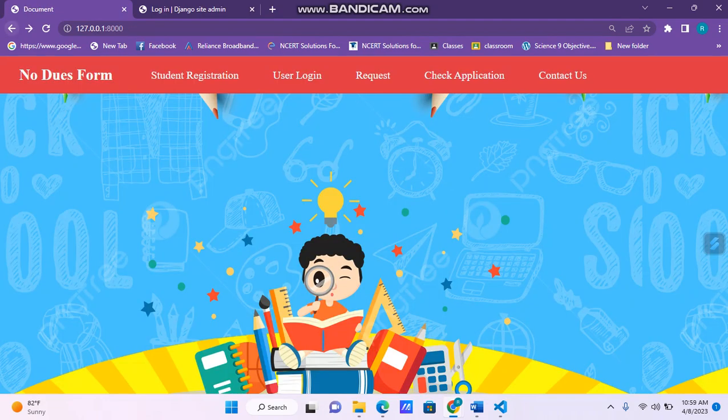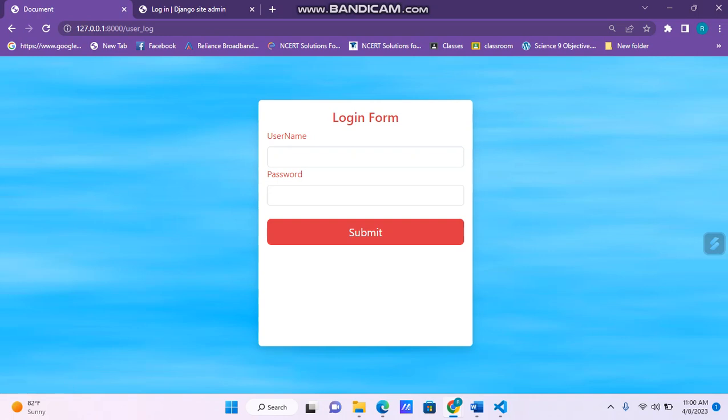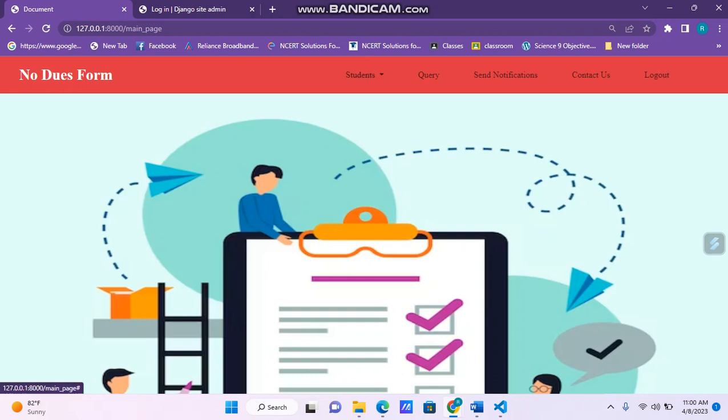We go back to user login and enter what we have filled in. So here, successfully logged in. This is the student page. Here the student can